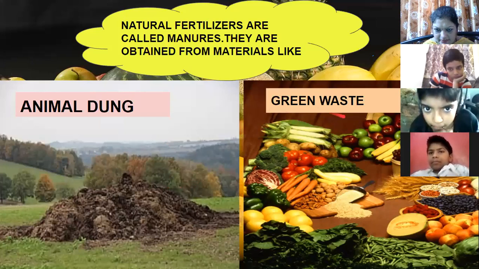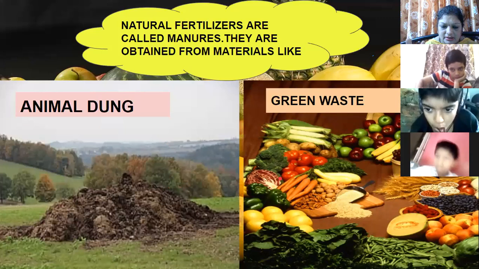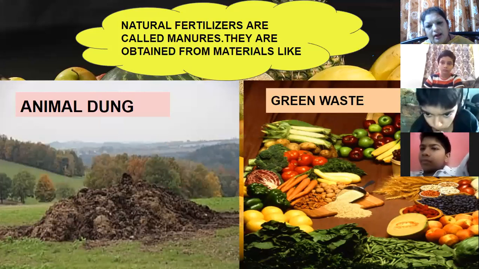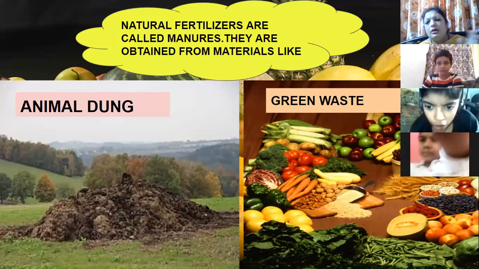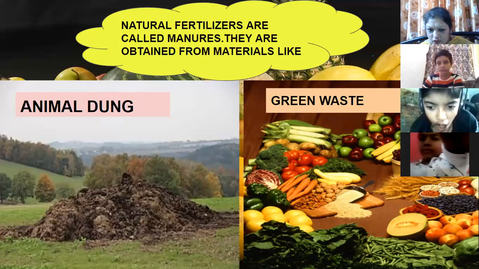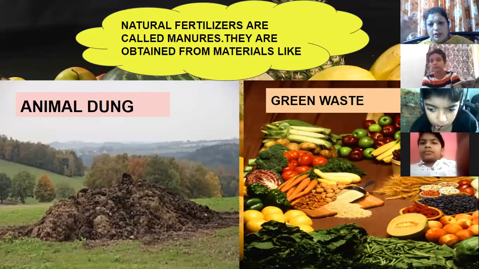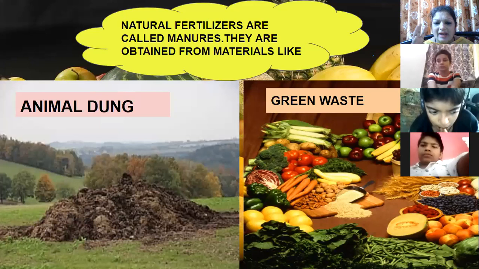Second, see the green waste. Now what is green waste? Green waste means the waste usually coming out of the kitchen. For example, mama will use spinach, palak leaves. She will separate the spinach leaves, and the stalk is separated and thrown away. Then carrot: when you are using a carrot, you peel it off. You peel off onion peels, garlic peels. All these peels, everything, the waste in the kitchen is wet garbage.